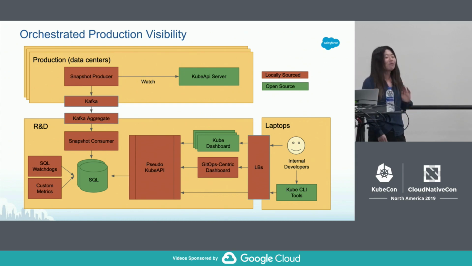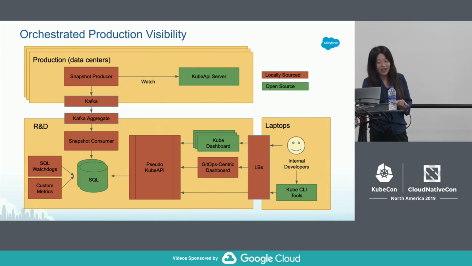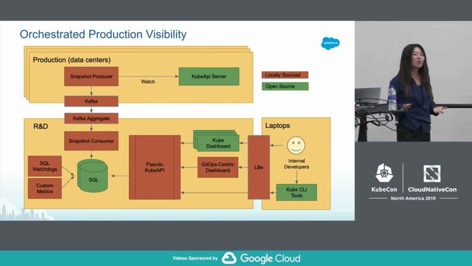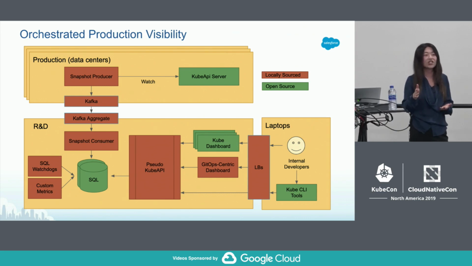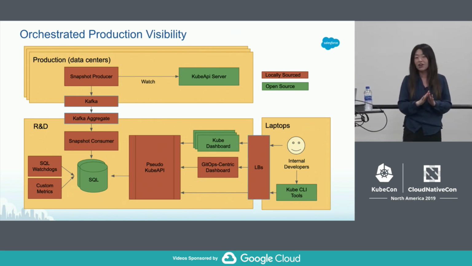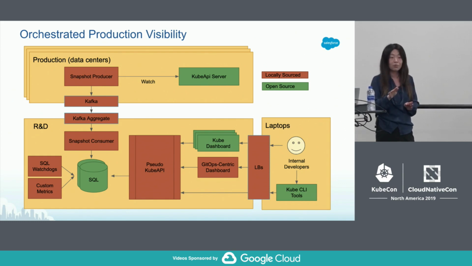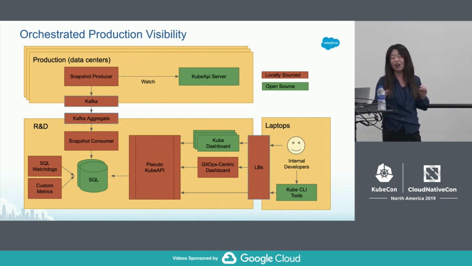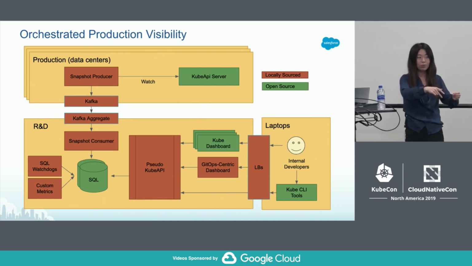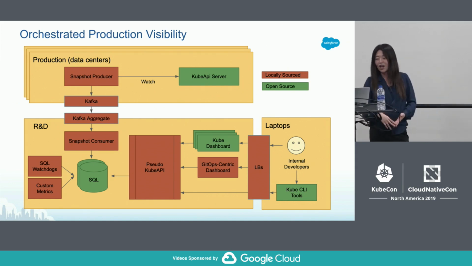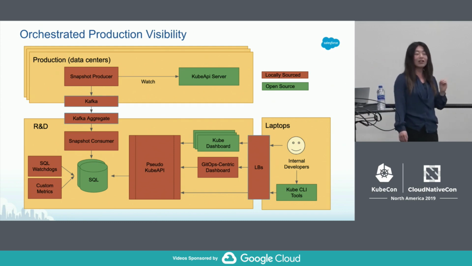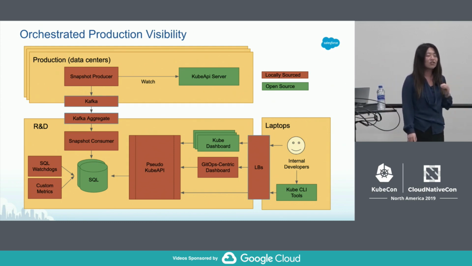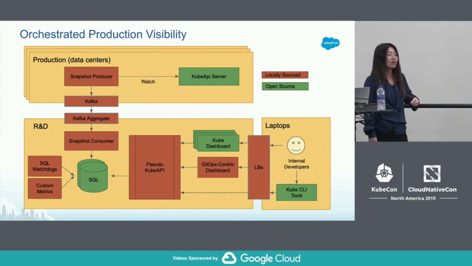Cool. So the next aspect I want to talk about is orchestrated production visibility. If you remember, I mentioned that there's network isolation, so production data centers don't talk to each other. There's also restrictive privilege, so that people cannot just use their laptop to log into a production data center as they wish. Those restrictions have been making ad hoc analysis, or just looking at the production deployment, hard. To address those, we actually